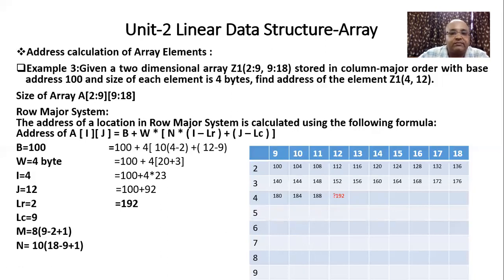Similar way, you can find it out for a row major system. But in this case, we'll arrange all the elements in row wise manner. See here in this table. So now see here, you are getting the answer 192. If you arrange in a column wise manner, we are getting the answer 204. But here we are getting the answer 192. Okay, so this kind of question can be asked in an exam. So you should prepare according to that.